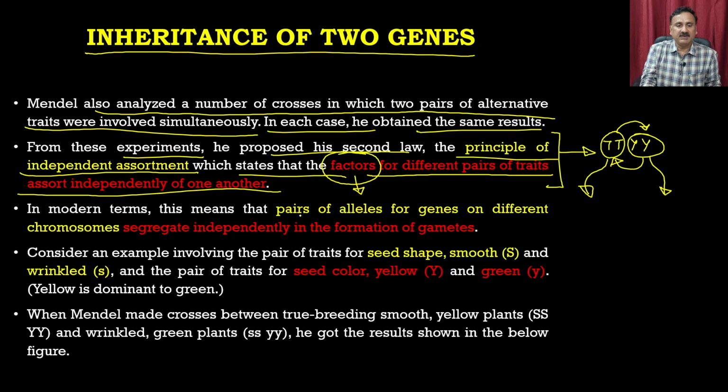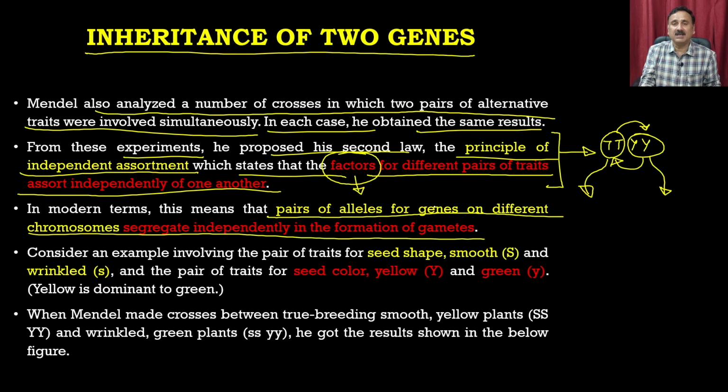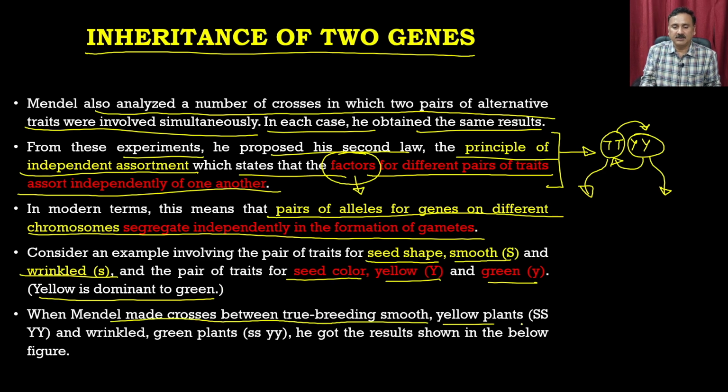So in modern terms, this means that the pair of alleles for one gene on different chromosomes segregate independently in the form of gametes. Consider an example. You have the seed shape and surface, which could be smooth or wrinkled. The other pair of traits would be seed color, yellow and green. And you remember that yellow is dominant over green. Then Mendel made the cross between the two breeding smooth and yellow plants, which means capital S and capital Y,